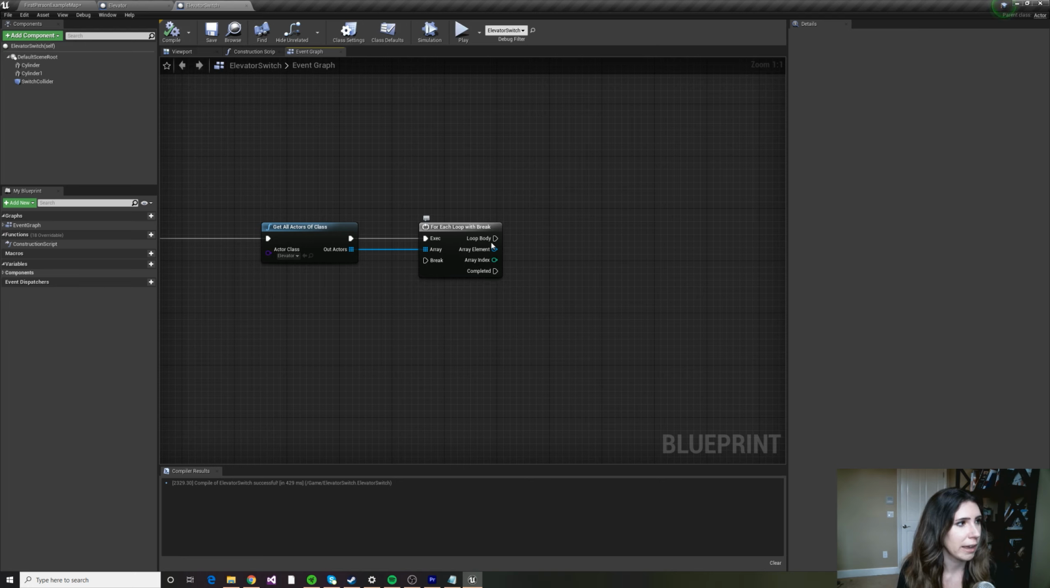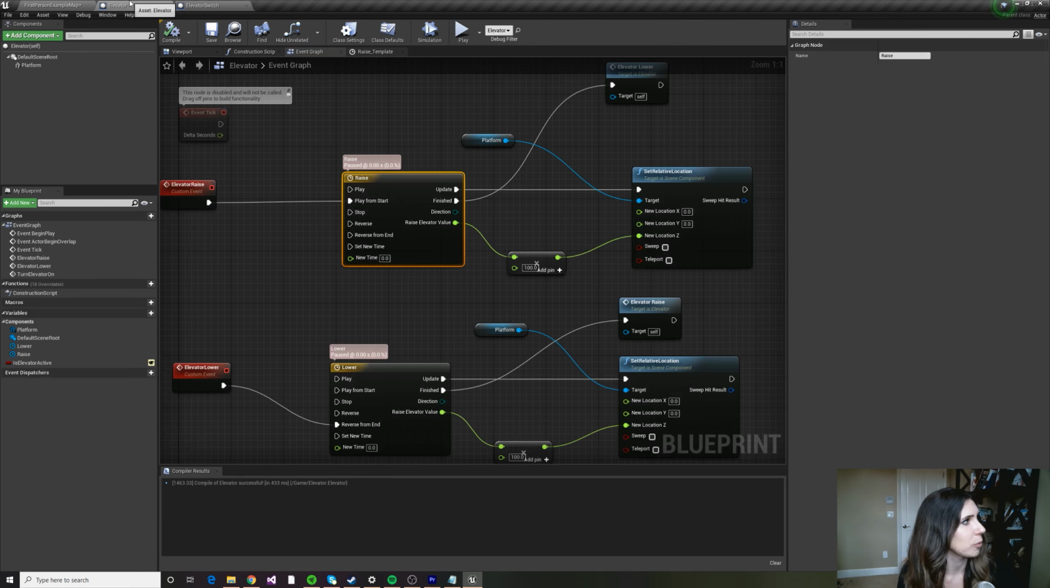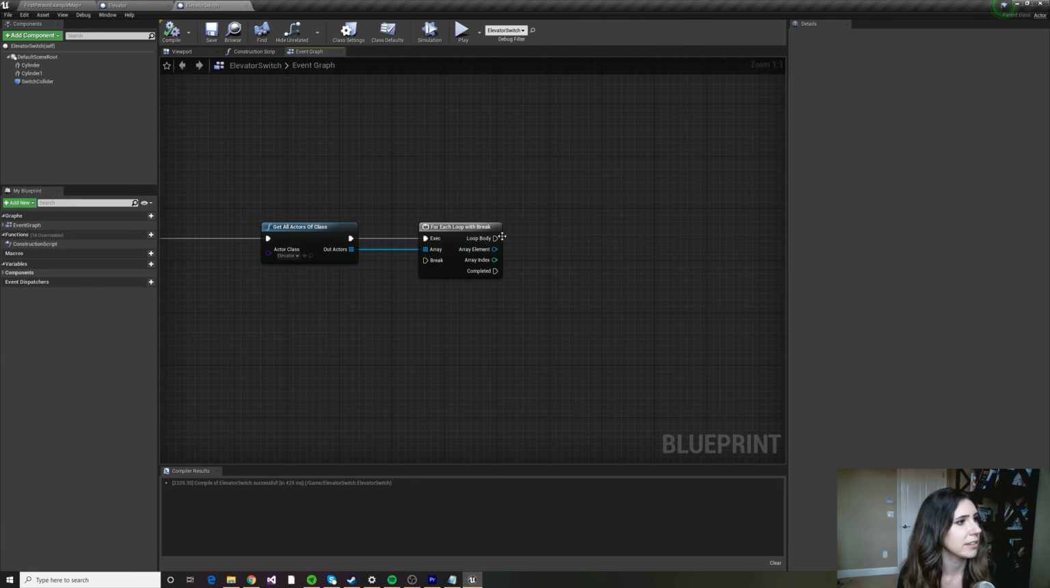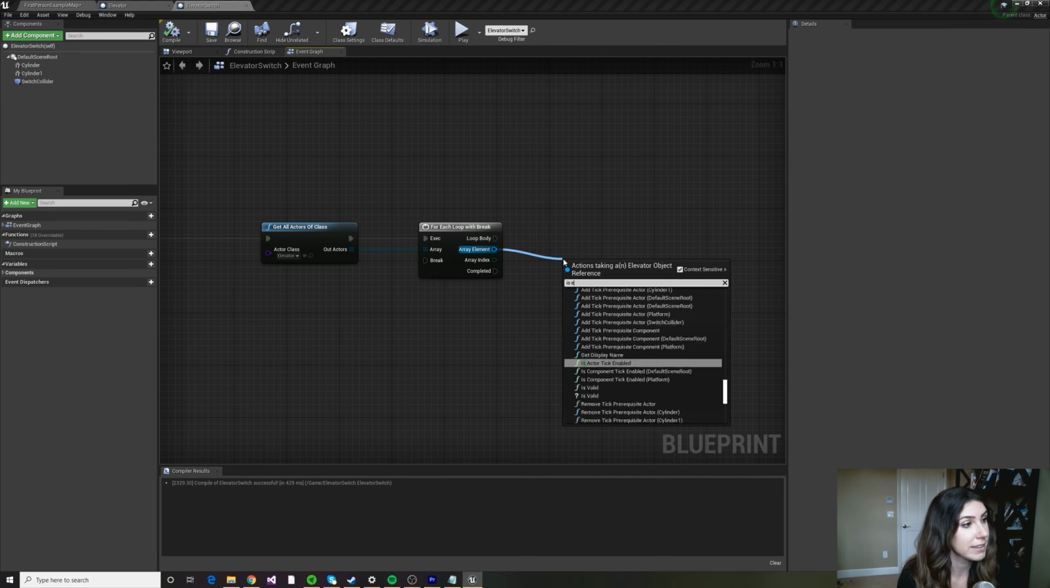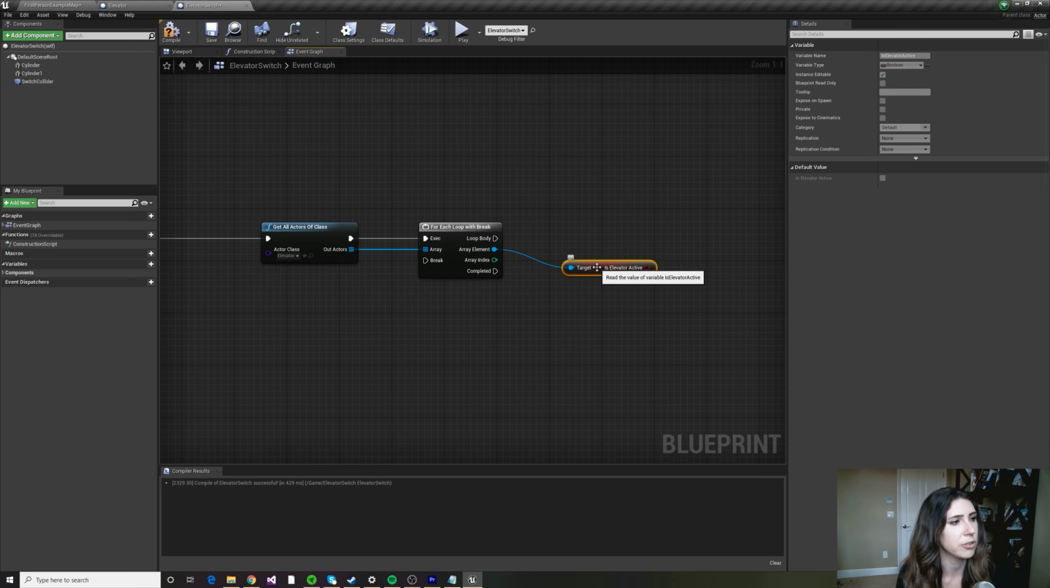So for each loop with break, for every elevator, so this is the element that we're looking at. For each one of these, we're going to check the variable. I forget what that variable was called. It was, is elevator active? Here we go. We're going to check, is elevator active? All right, so 4-0, 4-1, 4-2, 4-3. Is an elevator active in the scene? If it is,